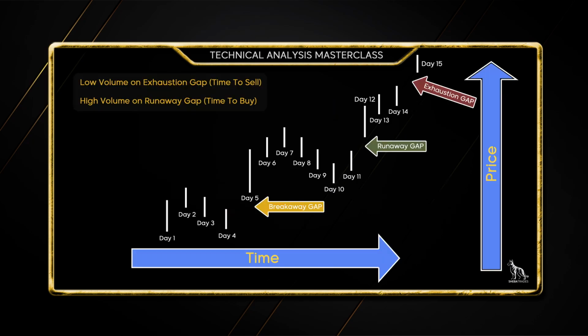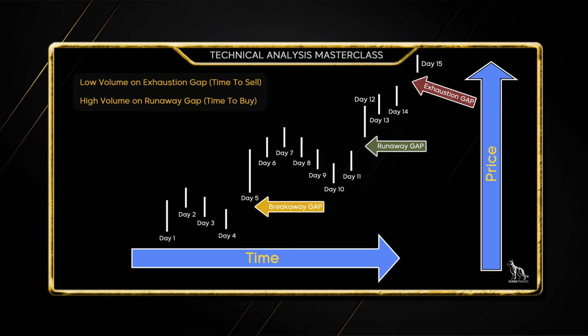So let's look at the exhaustion gap in relation to the other types of gaps we've been looking at. If we continue with this chart pattern here, we talked about our breakaway gap and our runaway gap. The breakaway gap creates that initial trend, and the runaway gap continues it, kind of adds fuel, so to speak. But when that trend starts to run out of steam and we have an exhaustion gap here, we have that last buyer or group of buyers jumping in, creating that new gap. They're thinking everything about this stock is so exciting, the trend's great, let's drive these prices even higher. And everyone's kind of like, that's not it. You're late, buddy.